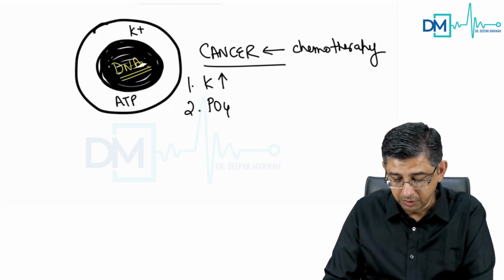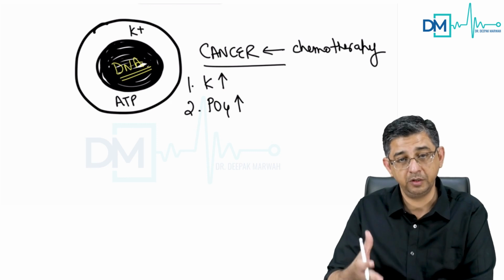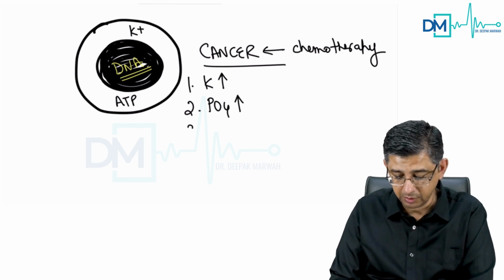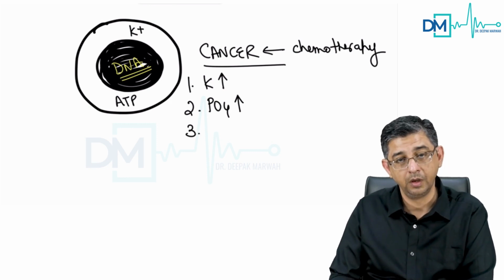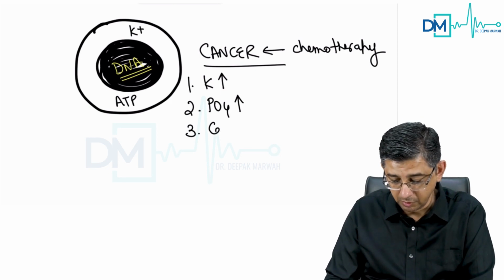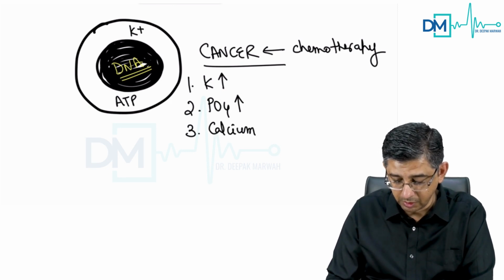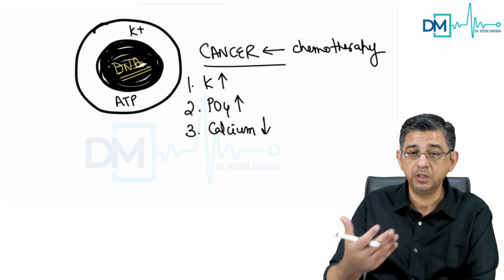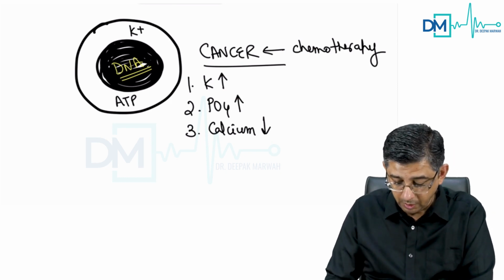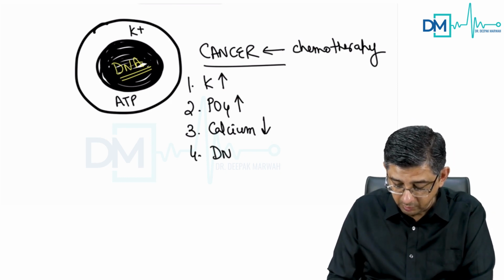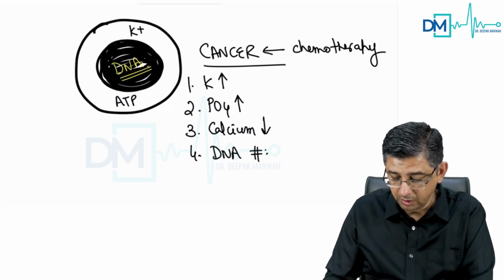and this ATP will generate phosphate. The phosphate in the blood would be elevated, and this will chelate with calcium. Once it chelates with calcium, the values of ionized calcium and total calcium will reduce because it is consumed in the chelation process. And because in this condition the DNA will break down, the breakdown of DNA will result in